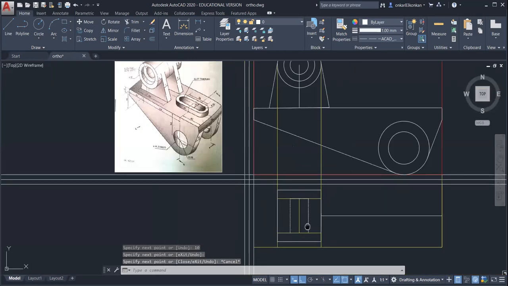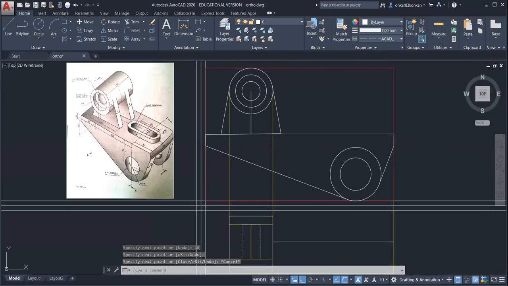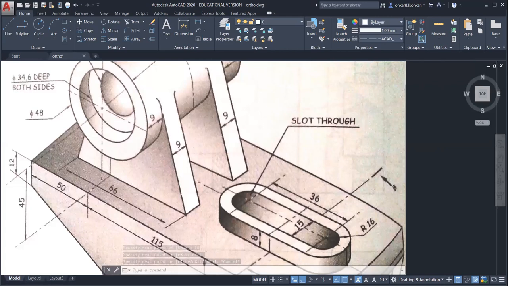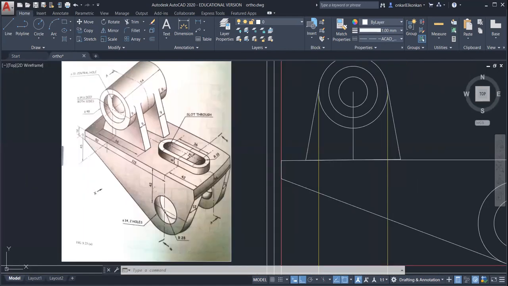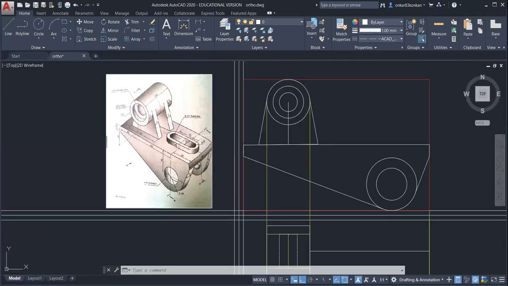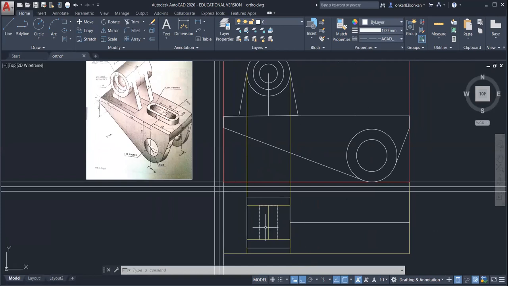Okay, so in this way you can complete the top view for this hidden circular hole. So now you can remove this reference line.